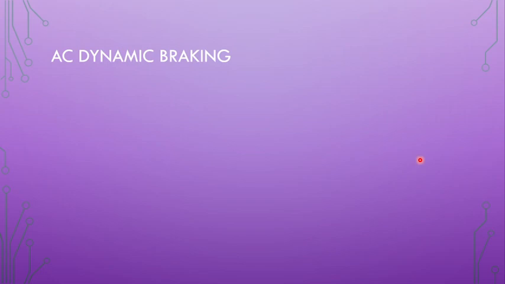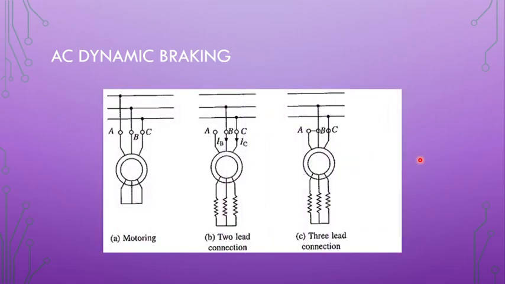And this is possible either by opening one of the phases of the motor, or connecting one phase to the other phase. So these are the topologies. Normal motoring operation is shown here, and if I remove the connections to the phase A, then the current will enter through phase B and flow back through phase C. This becomes a single phase.